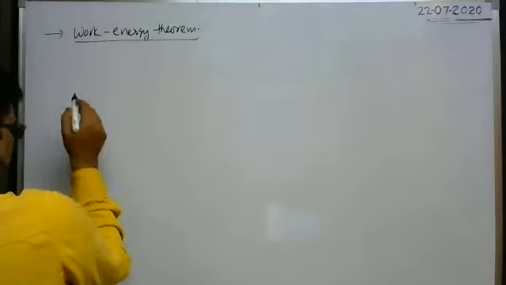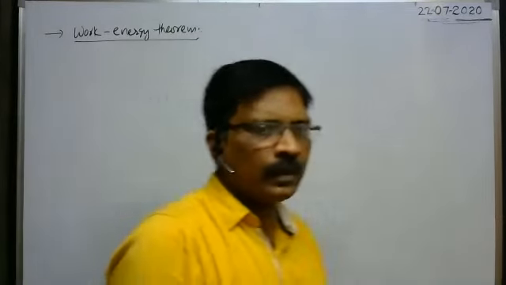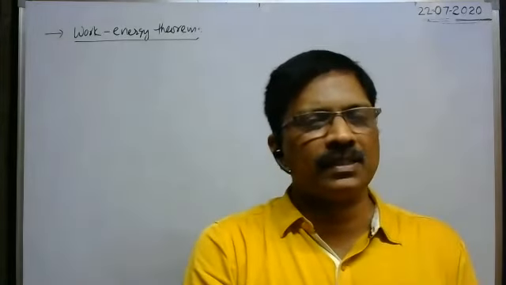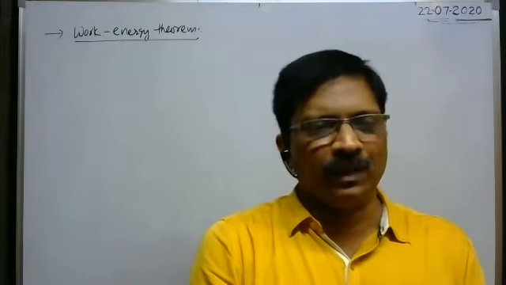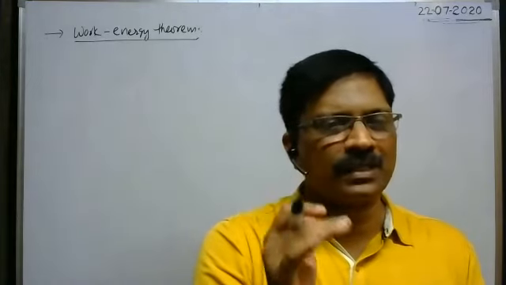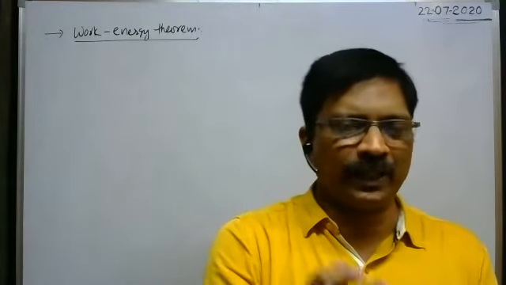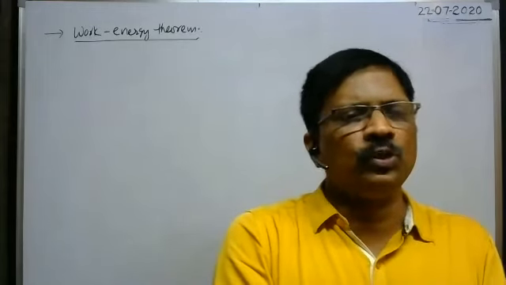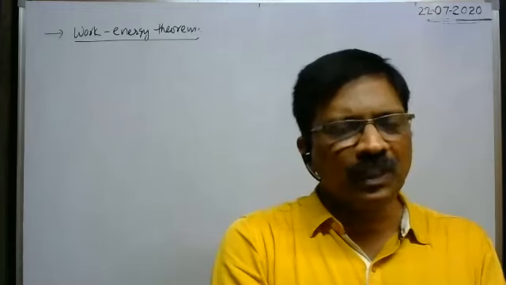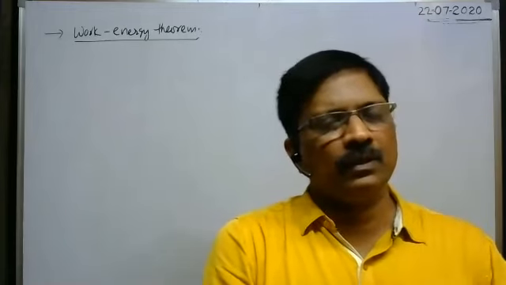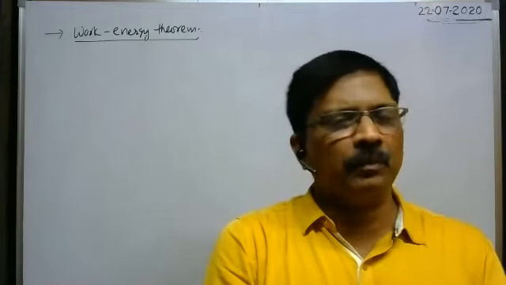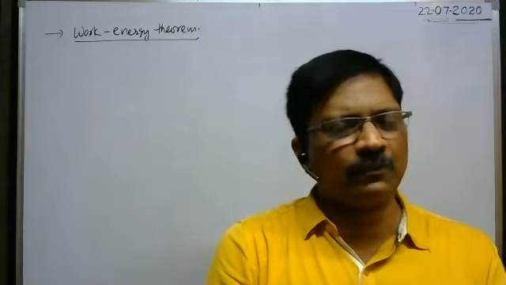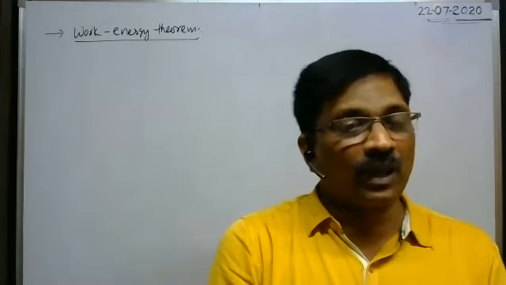Initially, suppose a body of certain mass m is moving with a velocity u in one direction. On that body, due to different forces, works are done: by pseudo force, by applied or external force, by normal reaction, by weight or gravitational force on the body, and by frictional force.